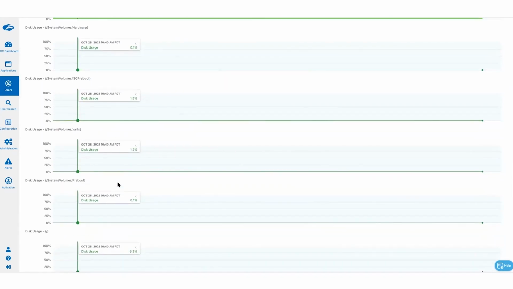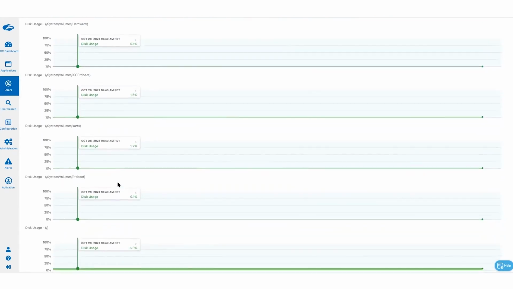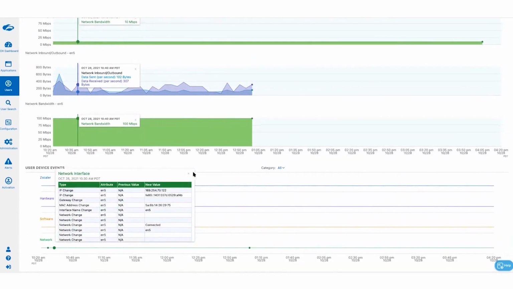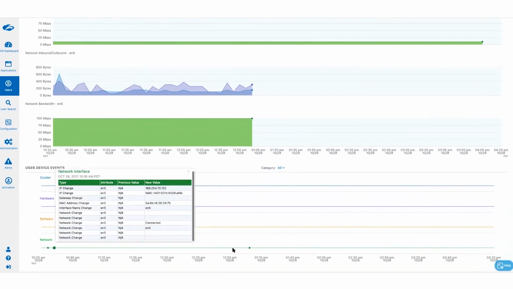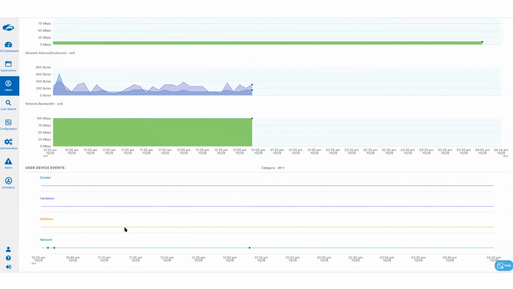And you can also see this data sliced across a 5-minute time window, for example. You can see device events that are taking place on his device. So, for example, when his network interface changes, you can see all the changes that are going on. If a software update was pushed here, you can see those kinds of updates in that real-time